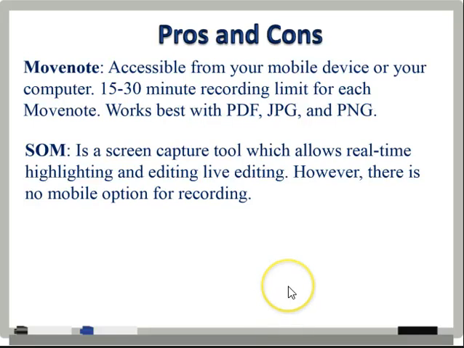With screencast-o-matic, the screen capture tool, everything is live action, but the caveat to that, or the con, is that there's currently not a mobile version for that. So where you could use MoveNote on your iPad, your iPhone, your tablet, screencast-o-matic is restricted to your laptop, some of the tablets that do have Flash on them, your desktop, things of that nature. You get, I think, a slightly higher quality of recording using screencast-o-matic, but you lose some of the mobility for you, the instructor who's creating the